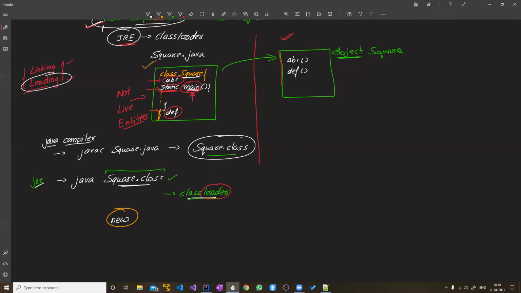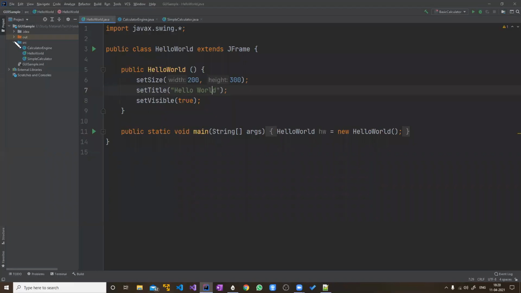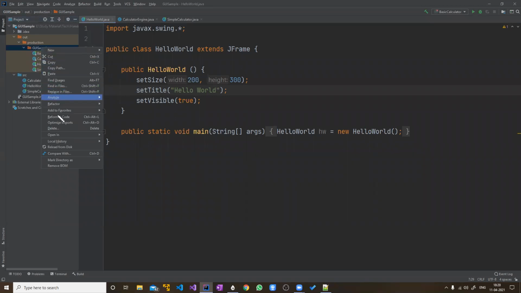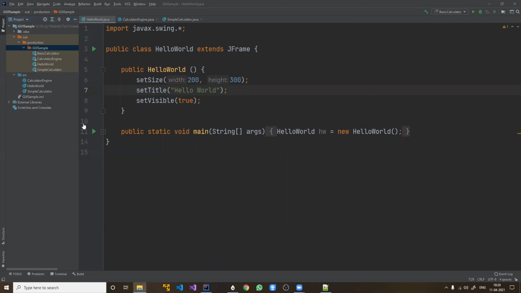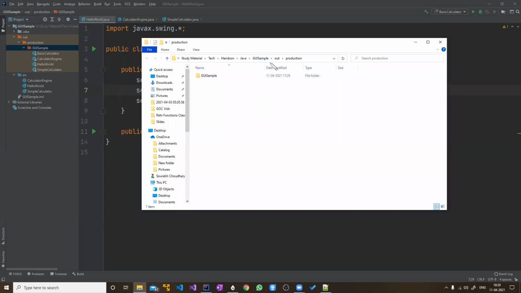Let's see this in the IDE which we have seen. When you run this file, you can see this out folder is there. If you go to that out folder and open it in Explorer, this is the location where your output file is.